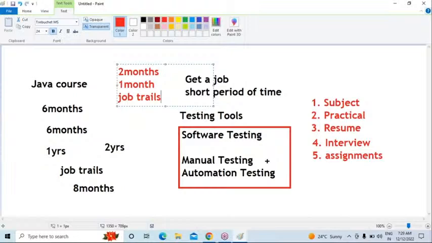To get a job, we require the subject knowledge and the practical knowledge. So we need to do some real-time assignments, how the testing is carried out, and we have to prepare our resume. We need to maintain some keywords in that. Then we have to focus on the interview skills, how we will crack the interview. Then, there is a boom for the testing